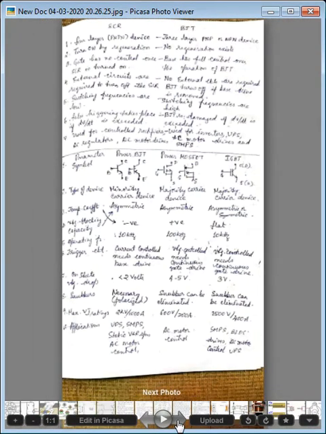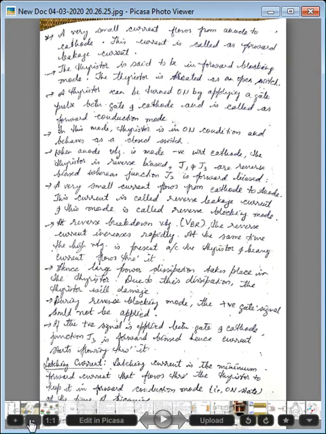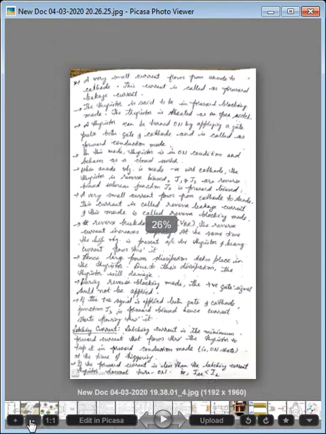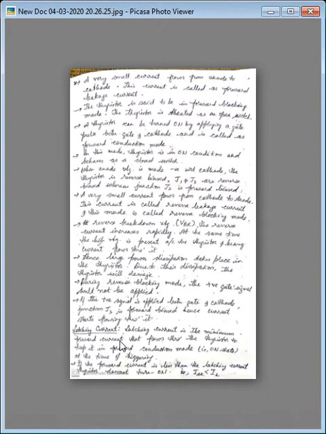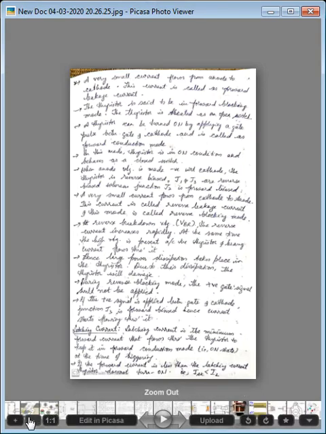Next, what about your latching current? Latching current is the minimum forward current that flows through the thyristor to keep it in forward conduction mode, that is the on state, at the time of triggering. That current we call the latching current.